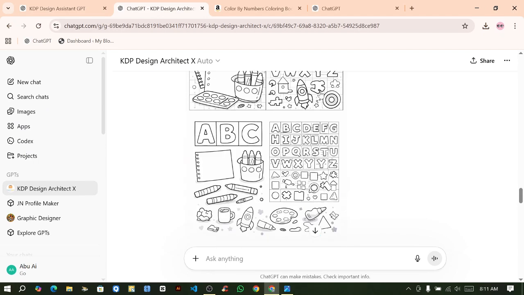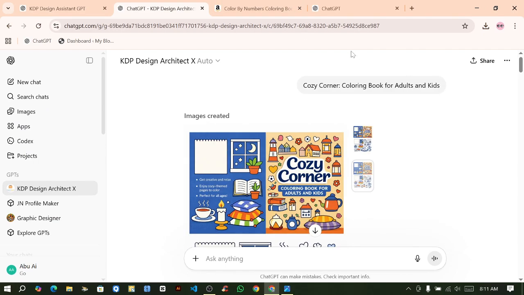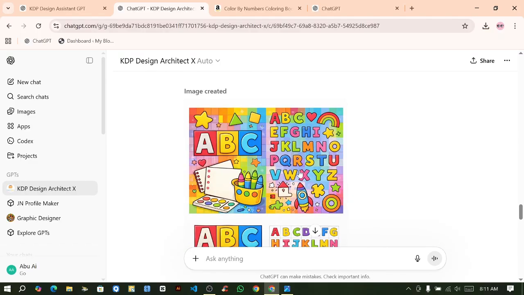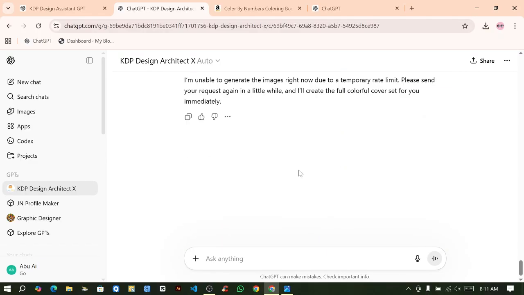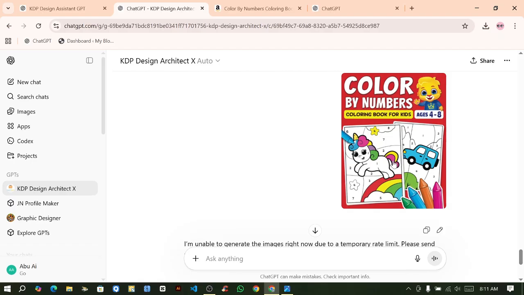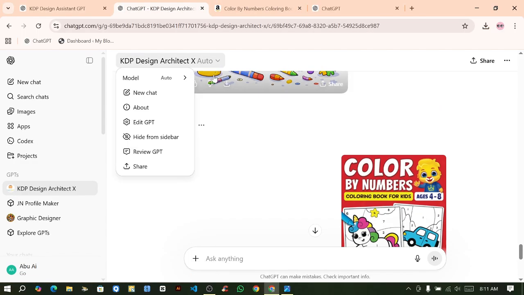Because the chat and the other things I have made it from the beginning, and I tested it too many times to make it at least workable. I cannot say that it is 100% perfect, but you can generate ideas, and I think it can help you a little bit. And if I go for the edit GPT section,